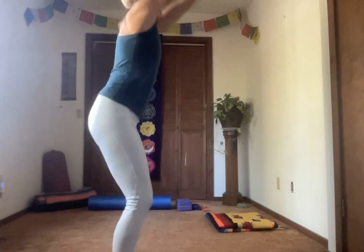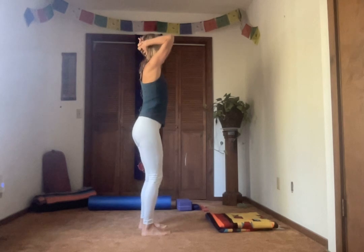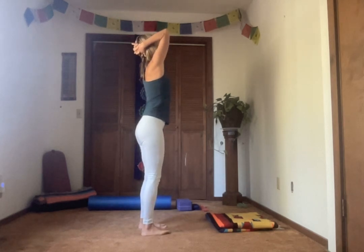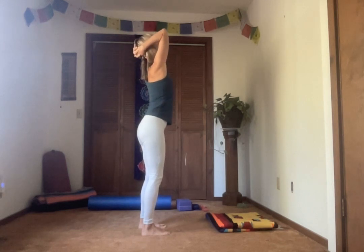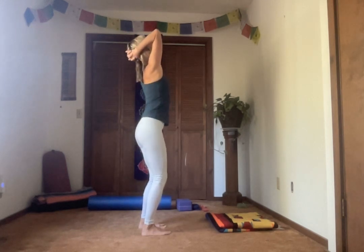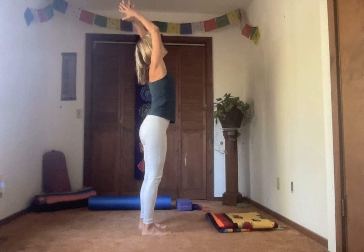Okay, inhale, reach up. Interlace your fingers, place your thumbs at the base of the skull, and as you root your tailbone, lift the base of the skull. Wrap your elbows forward around the head, lift the elbows, rooting into the four corners of your feet. Release the shoulders. Breathe energy up along the spine, space between the vertebrae, and release your arms long into your